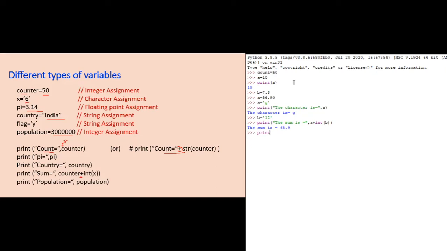Print the value of A is equal to comma, you can specify the variable name, again comma. Now if I want to display A and B, the value of A is 56.9 and B is 12. This is the output that I need.